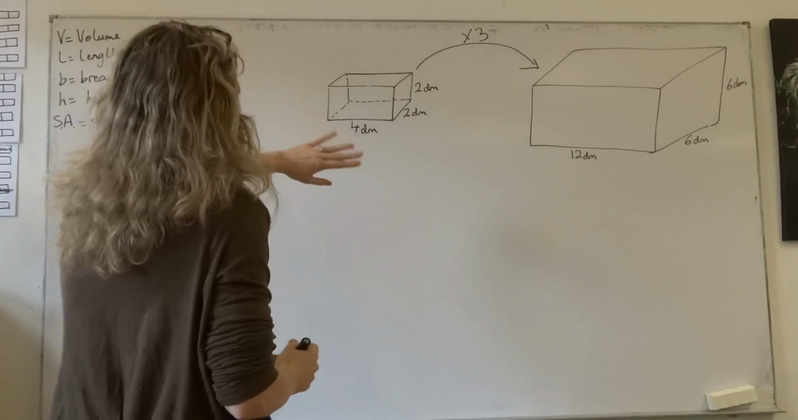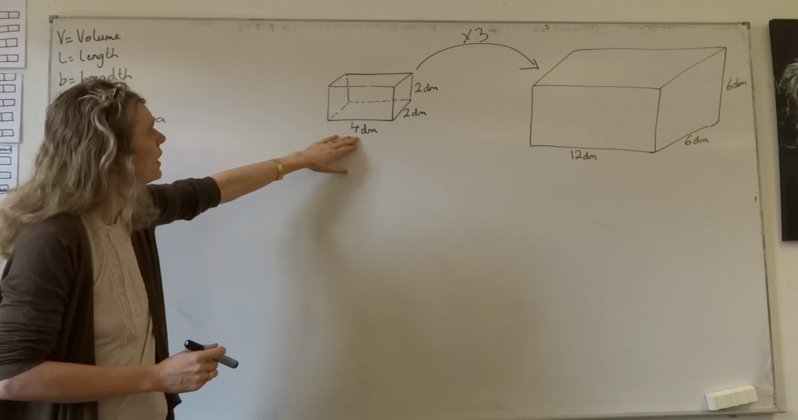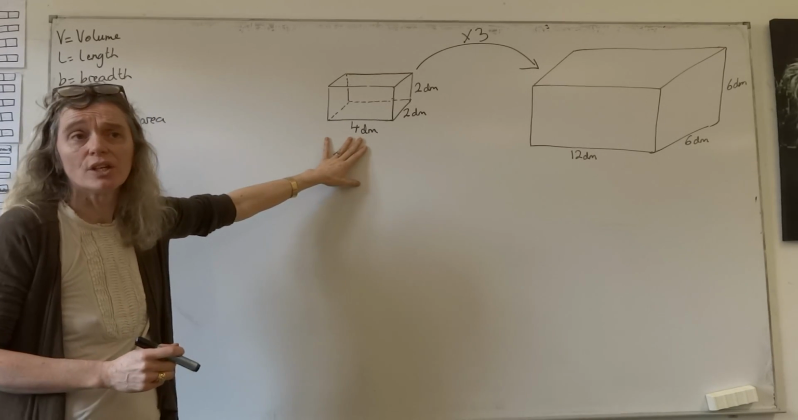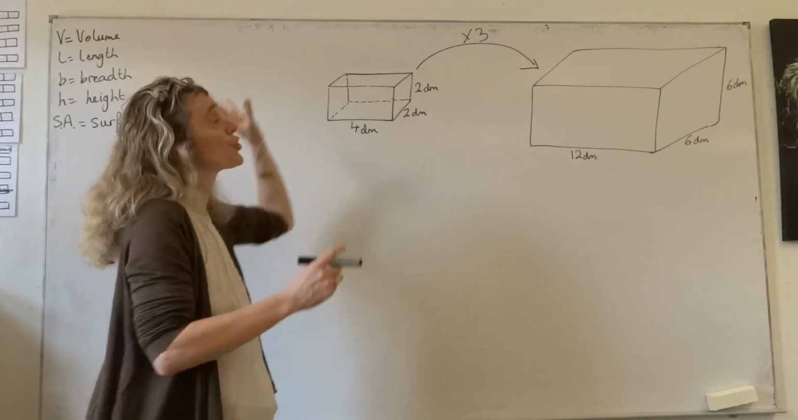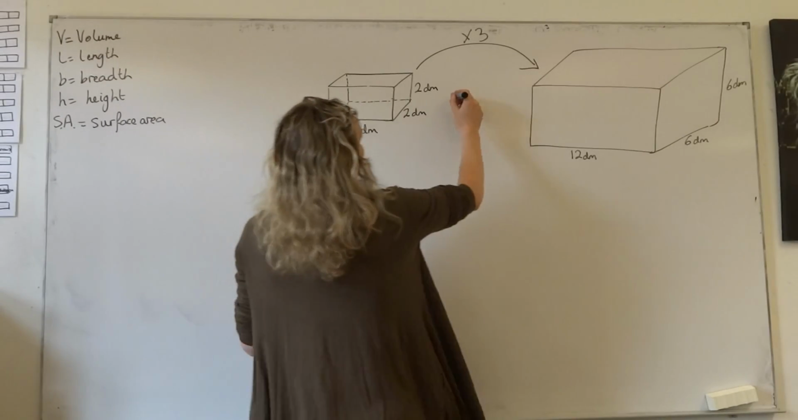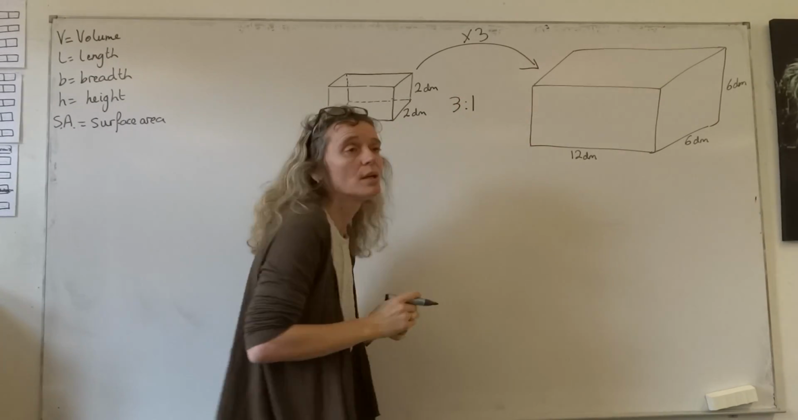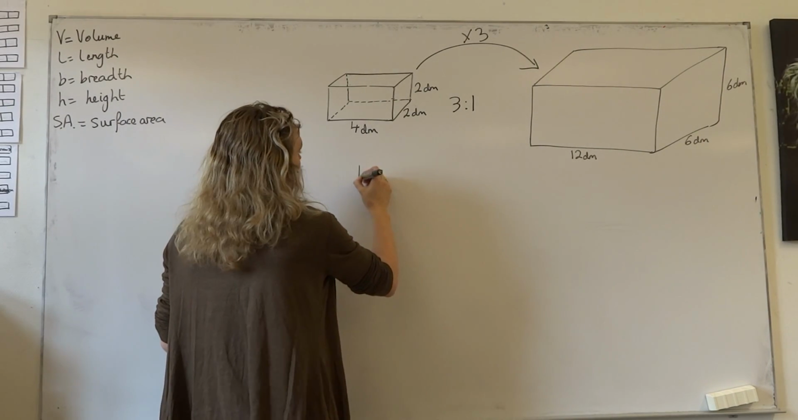The next question is that you have a small block like this. They've even given you the dimensions: 4 decimeters by 2 decimeters by 2 decimeters. And then you triple all of the edges. So you're increasing it in a scale of 3 to 1. And the question is, what will be the increase